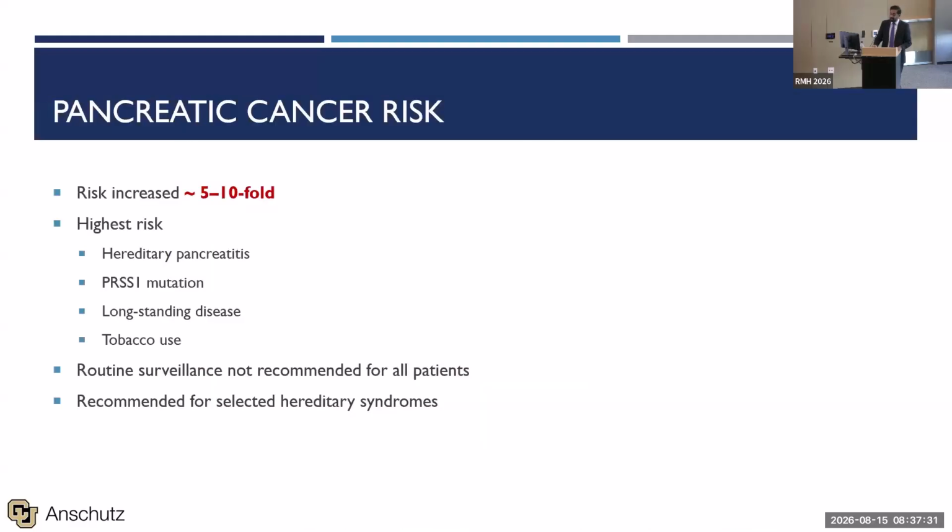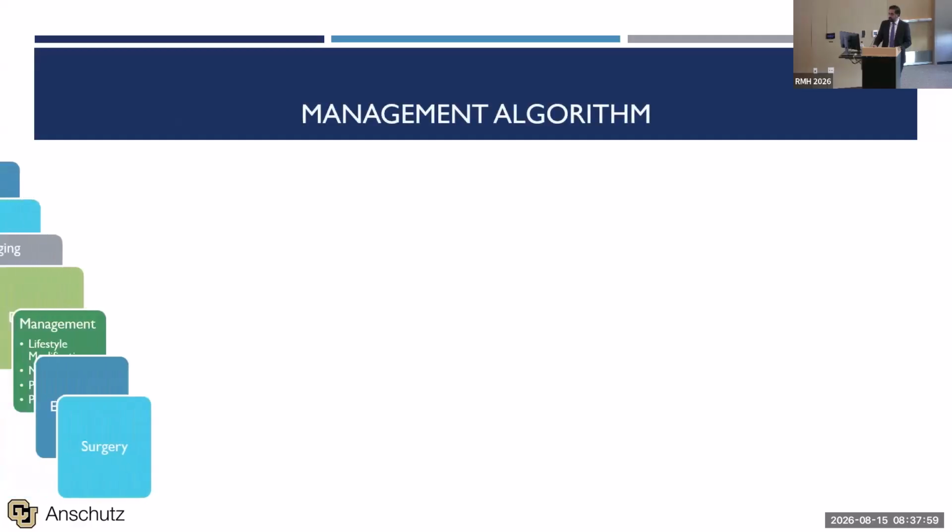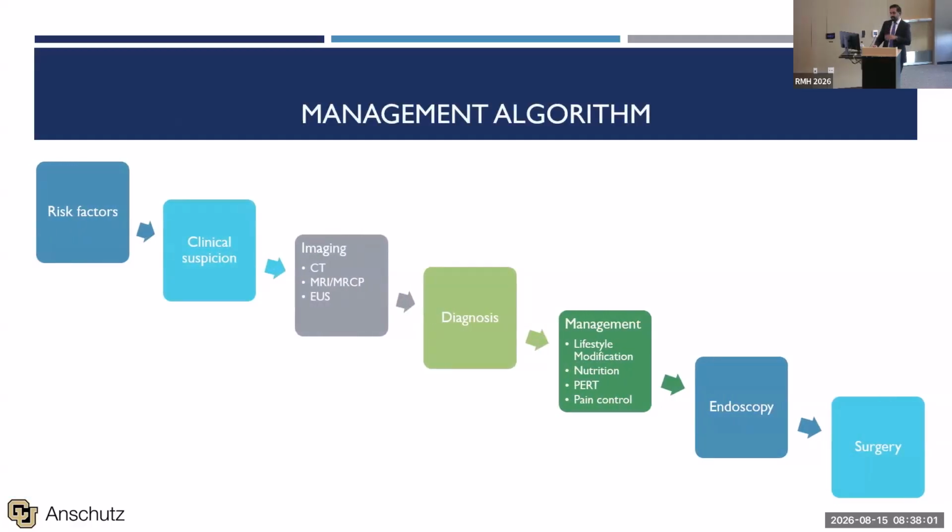Pancreatic cancer, finally, there is a significant increase in all of our patients, 5 to 10-fold, especially if they have hereditary pancreatitis or tobacco use. There's no guidelines for surveillance. And so my personal practice is every couple of years, if there hasn't been some sort of imaging, is to consider it, especially in patients that are newly being sent to me. We're looking at imaging and considering an EUS, but there is no guidelines, and I'm hoping we'll probably get some clarification soon. So I won't go over all of this, but this is kind of our management algorithm that you